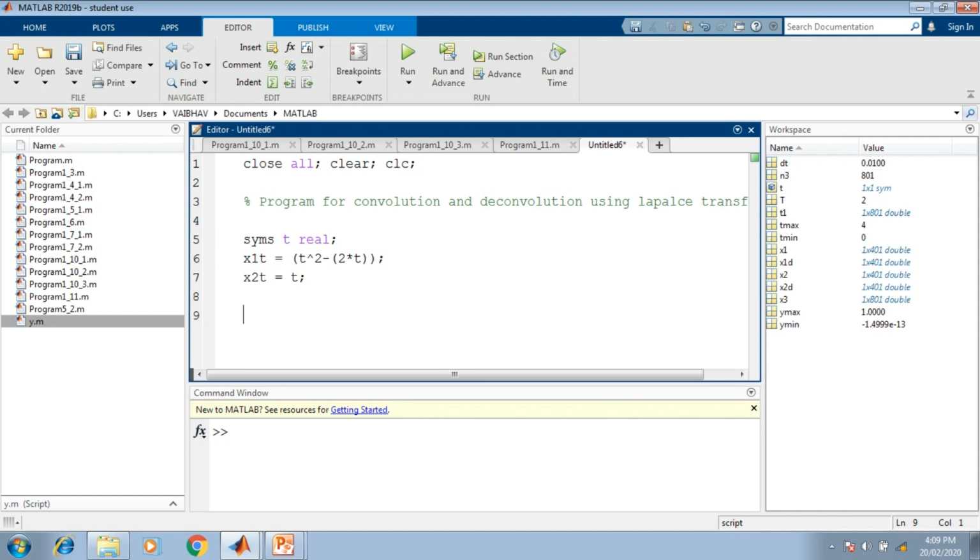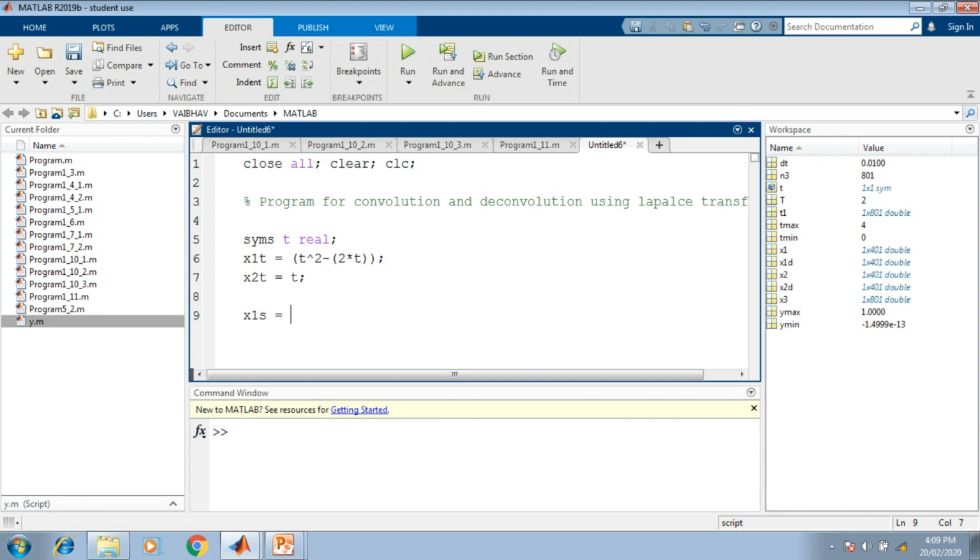Now, as we have to work in the Laplace domain with the help of the forward Laplace transformation, we create variables to hold the transformation of the original signals into the Laplace domain. For the Laplace domain we generally denote it by the S domain.